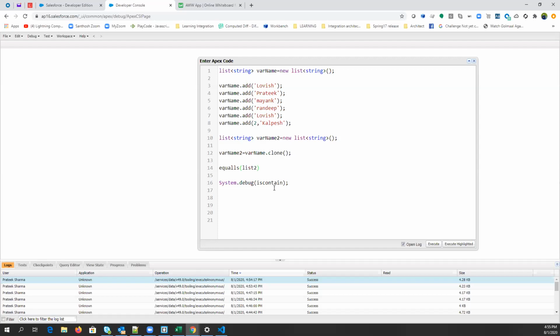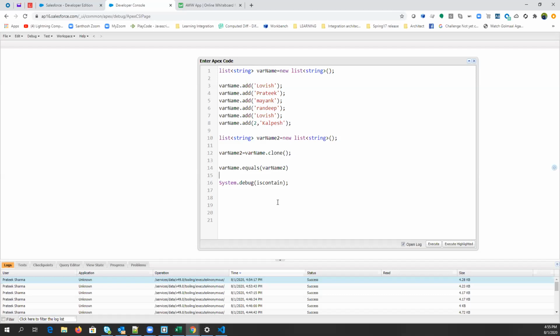Let's say if you just want to compare one list to another list, whether they are the same or not, like this. Var name dot equals var name 2, just to check if both have the same element.